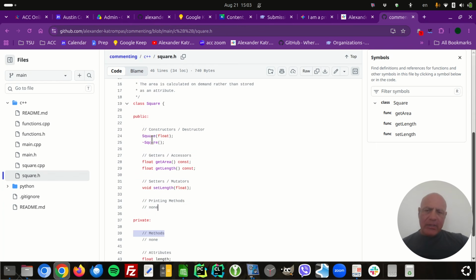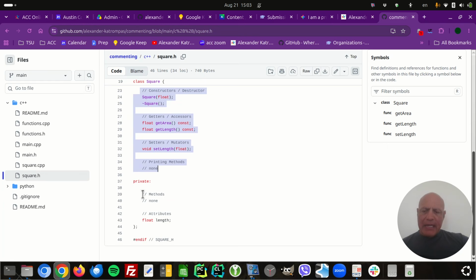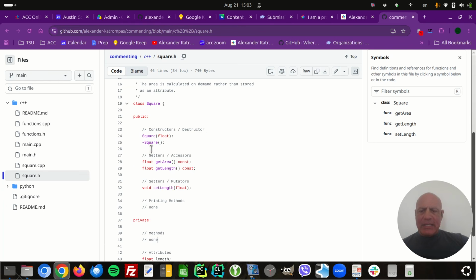The other thing that students screw up a lot is this: here it just says methods. Well, all of these are methods, and whatever I would write here would also be a method. So why do I call it methods here, and why do I specify what kind of methods up here? The reason is that if it's private, we don't need to say getters and accessors, setters and mutators, because they're not publicly accessible. Everything's a method up here, but because it's accessible to the outside world, we want to break it up by what kind of thing the outside world gets access to. The outside world can use a getter, a setter, a printing method.